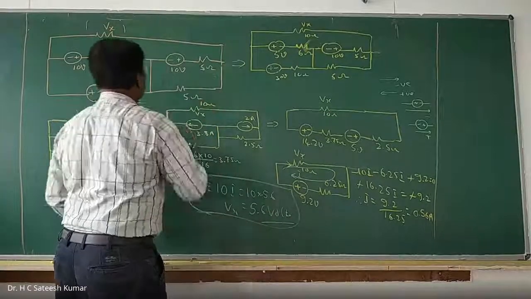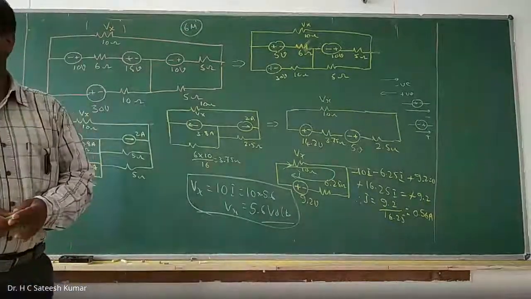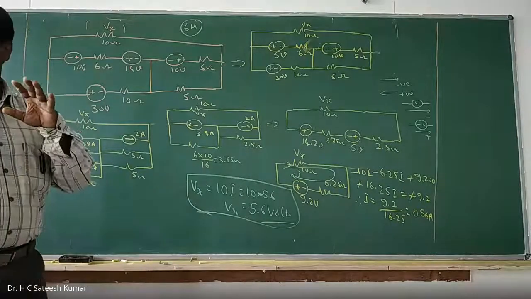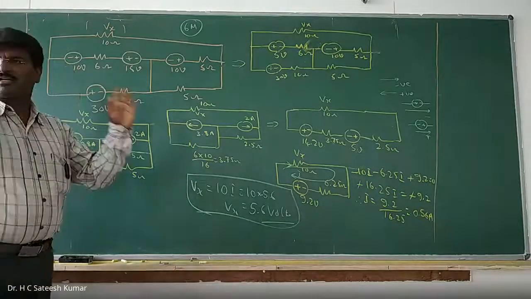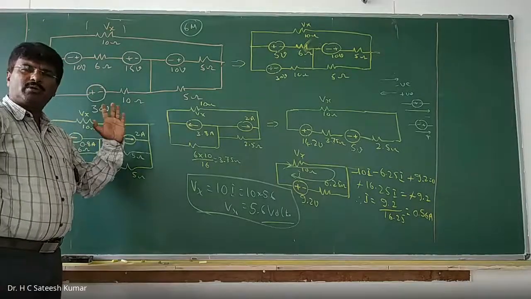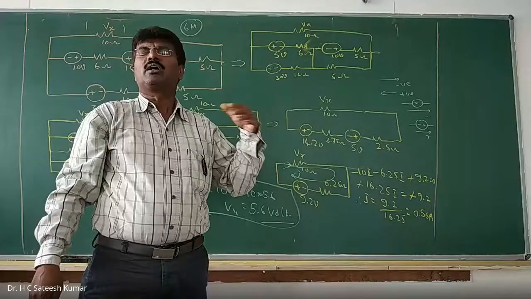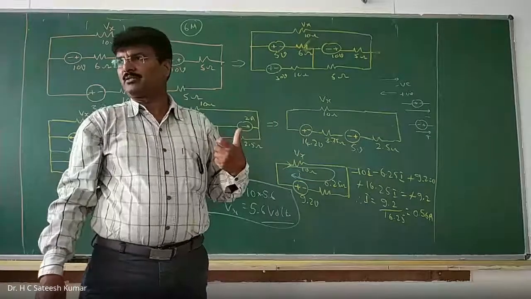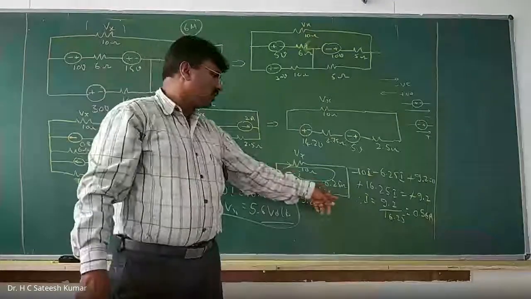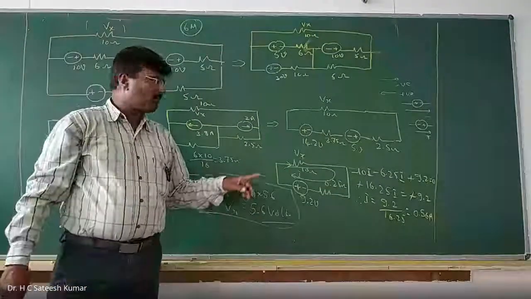Generally, this kind of question will be 6 marks in the examination. The basic principle involved is whenever there is a series connection, you convert all the sources into voltage source. Whenever you want to simplify the parallel connections, convert all the sources into current source. That is very, very important. If you do that, then only we'll get this. So you can solve the problem easily, right? Thank you. So that is about the problem.